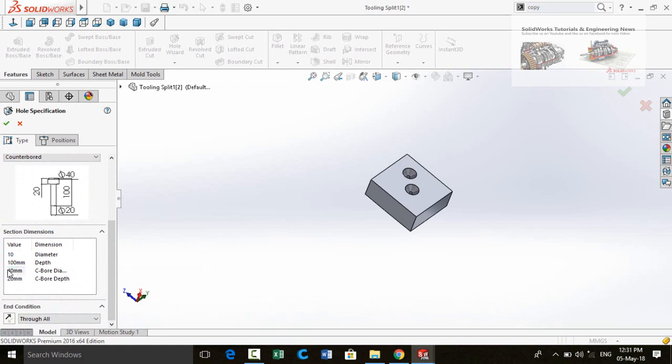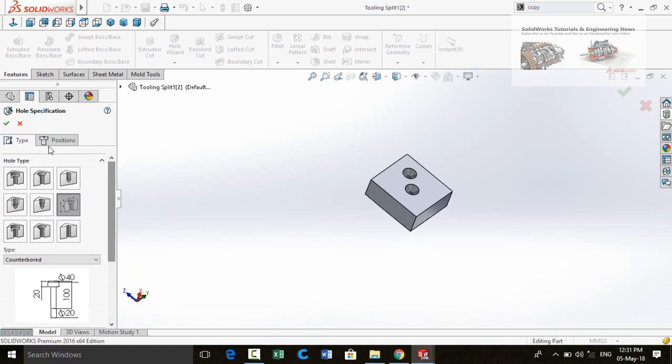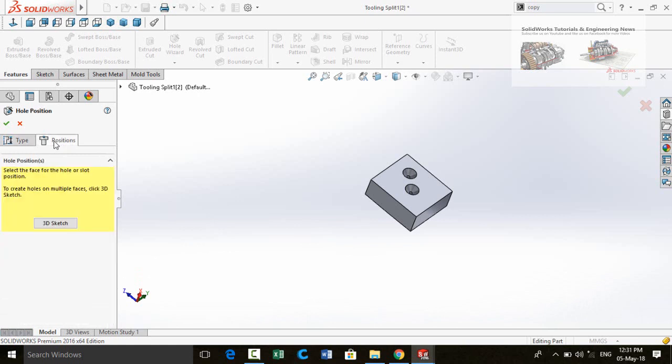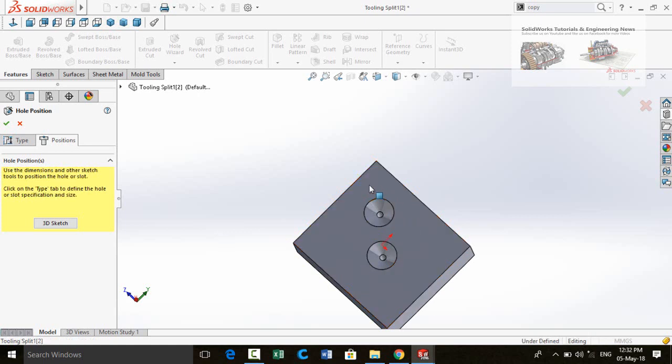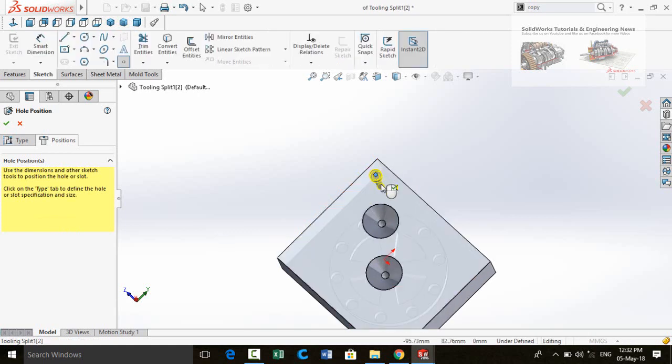Then type here the diameter for C bore or counter bore diameter 18 millimeter, and the counter bore depth is 15 millimeter. Then end condition select through all. Scroll up and then click on positions tab here. Then select this face and place the holes on all these corners.